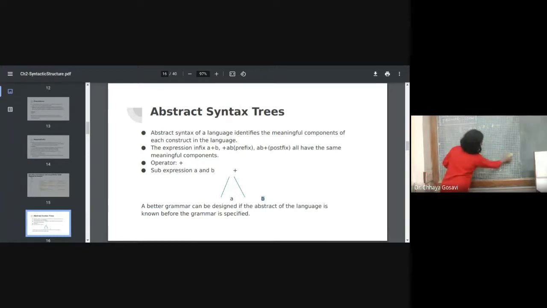So how to convert an expression to an abstract syntax tree? Just create a node. For B, create a node B. Till you get an operator, you have to create nodes. So this is one node, B. Then next, you have to read this string from left to right. First node is B, then it is 2. Now this is an operator, so add these two nodes into an operator.